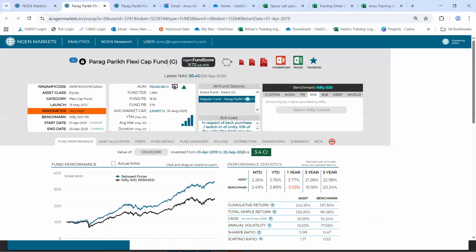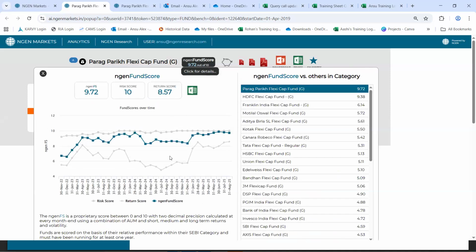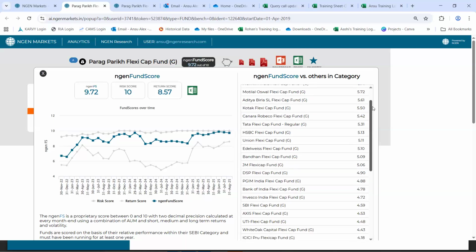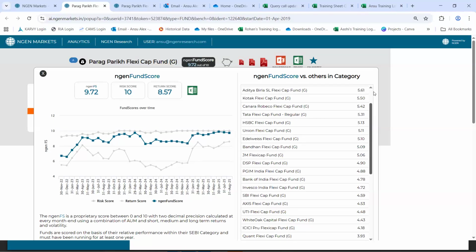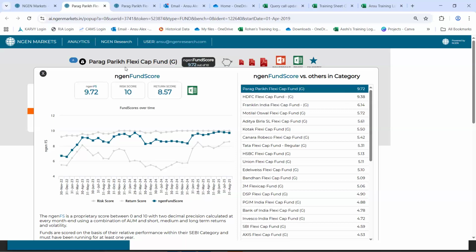Next to the name of the fund, you can see this black tile mentioned as Engine Fund Score. You can click on that tile, and firstly there is an explanation of how we arrived at the score, and on the right hand side you get to see the score comparison against other funds from the same category. So through single fund analysis you can click on the black tile for the same.